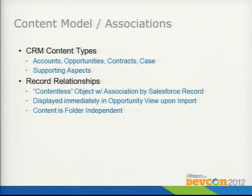Record relationships. So another piece here is really how do we associate all the content to a record in Salesforce? We're doing that basically with a contentless object. But what this means, and we don't want to get too technical, is that no